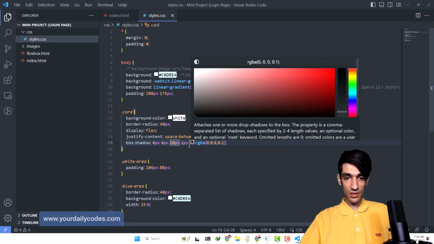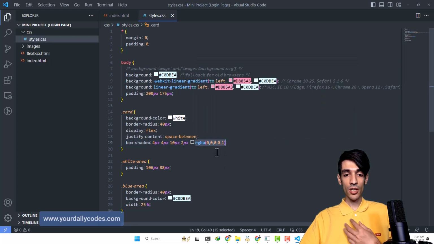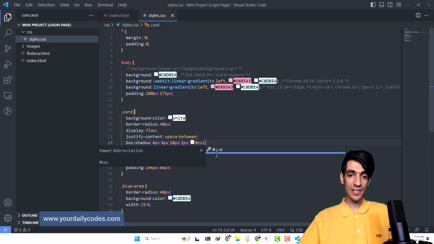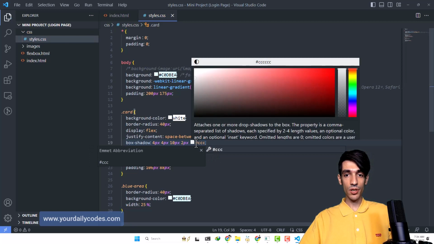And this is it. And instead of RGBA, this is personal, this is RGB, because some people use RGB and RGBA, they like it more. Some people try to use hex code. But they both are okay, and none of them is wrong. But me personally, I like to use hex code, so I use hashtag CCC, and the CCC stands for gray. As you can see, this is a thing that has been opened here and shows us where the color stands exactly,